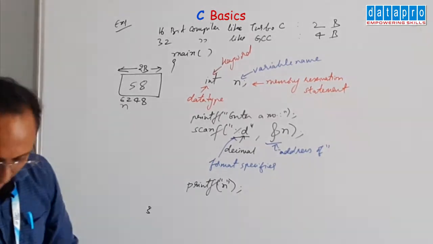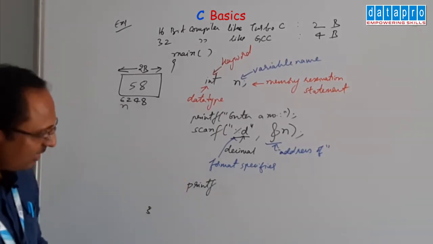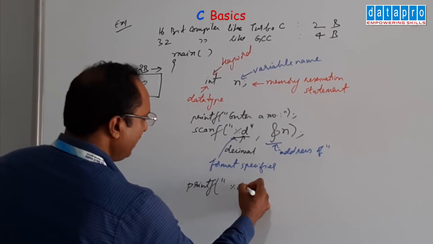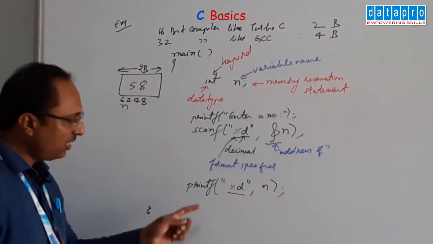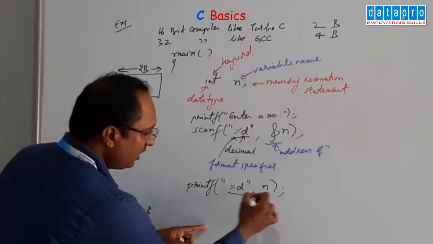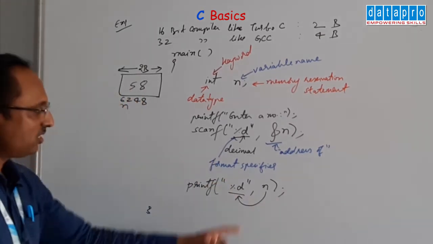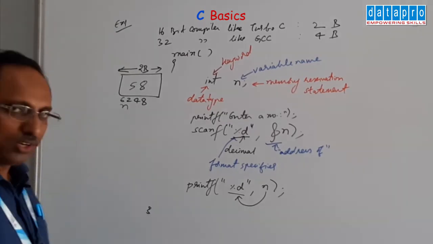So what do we have to do here? For that, again, we have to use that scanf style. In the printf function, we have to say %d and n. %d is special. Even though you are giving it in the printf function, %d won't be printed. It acts as a placeholder. N's value is displayed over here. Whatever n's value is, it is displayed over here. I hope you understood this program.